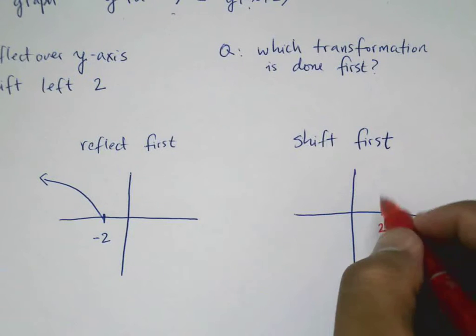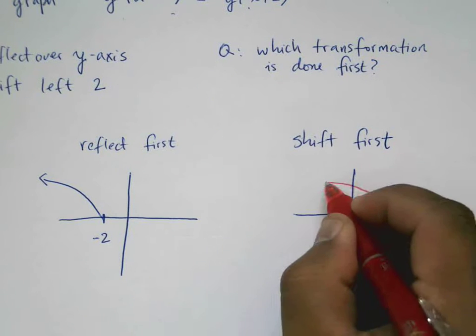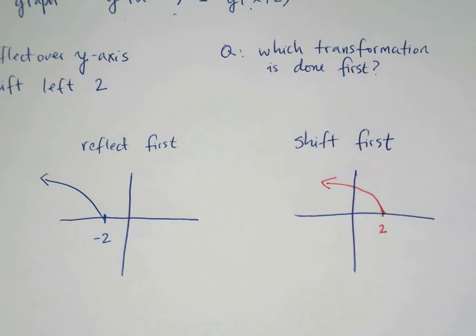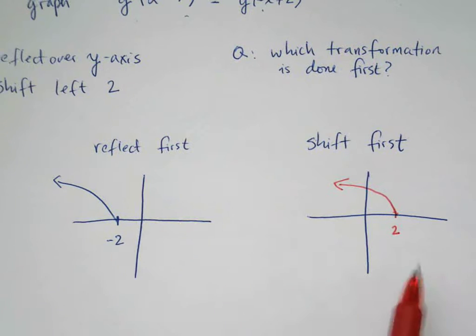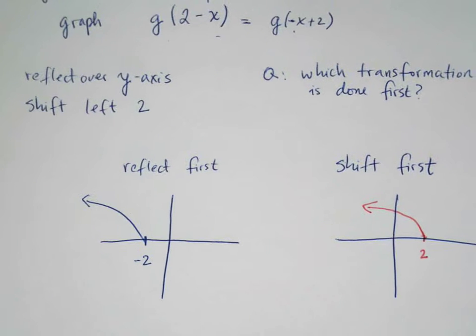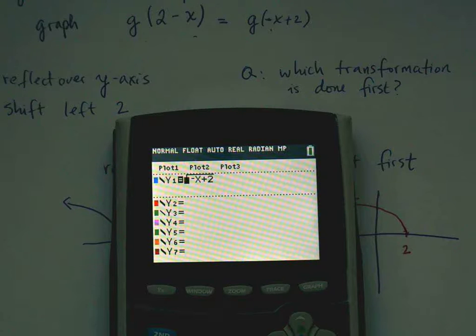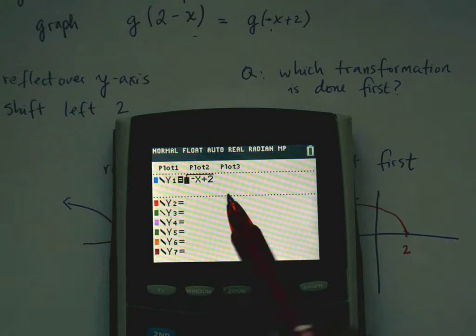Okay, and once again, clearly these two are not the same graph. One of them is the right answer. I put the function, square root of x minus 2, in my calculator, and when I graph it, this is the graph that